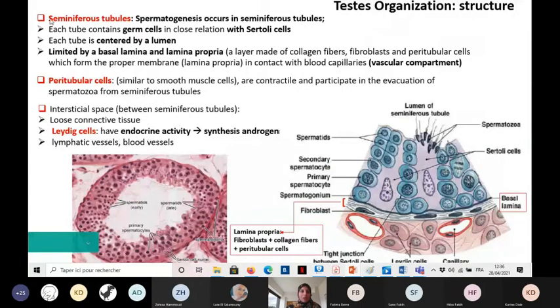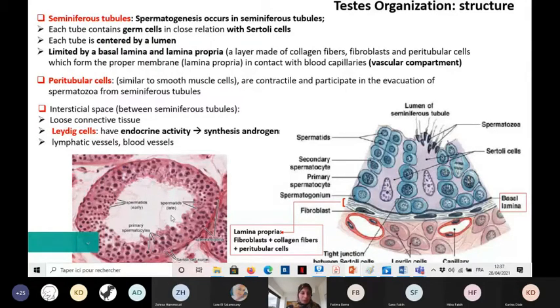Now, the seminiferous tubules are the place where the spermatogenesis occurs. Inside of those tubules, this is a cross section of a seminiferous tubule. Inside of this tubule, we can see the organization. Close to the periphery, we have all the germline cells, and all the germ cells close to the periphery and a little bit extended to the middle, but in the middle of this tube,